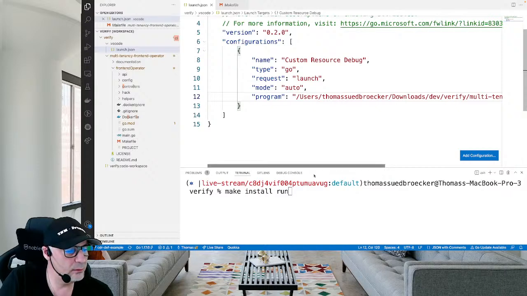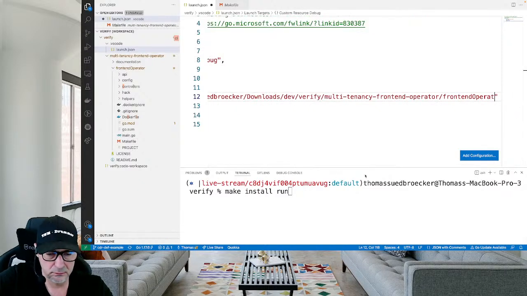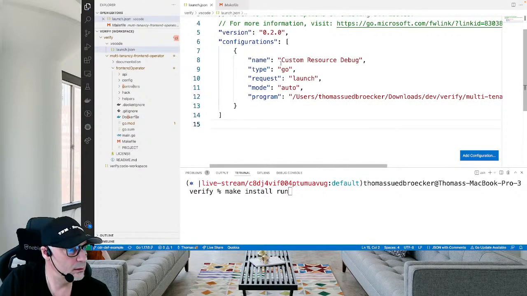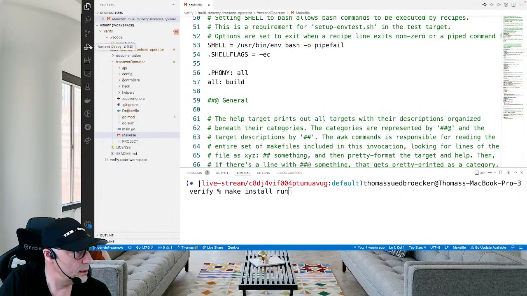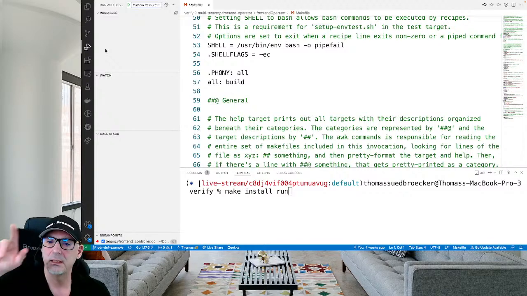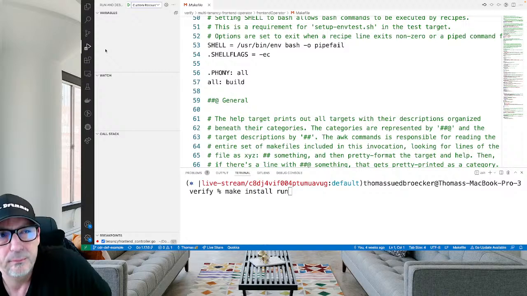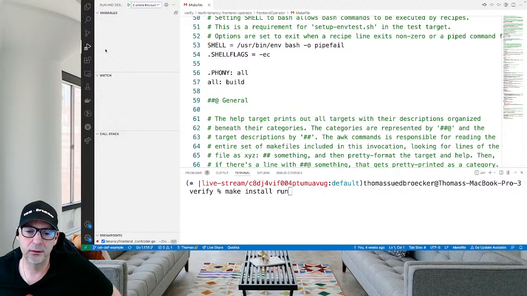Now we come to the situation. So now we have it here. So when I now select here the configuration, I can directly start it. At the moment, we have not done the setup for working with our